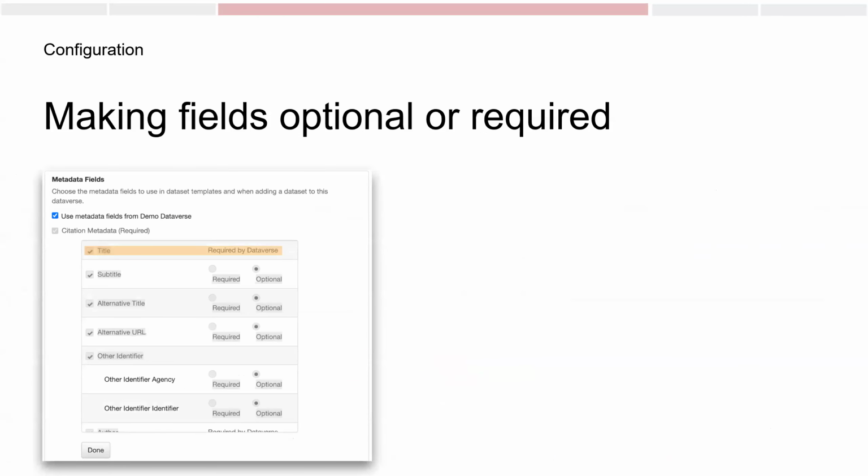The other way to control this is at the collection level, and the user interface lets us do this. So for fields that are made required through those settings in the metadata block TSV file, the field must appear on the dataset create page, right? But for fields,